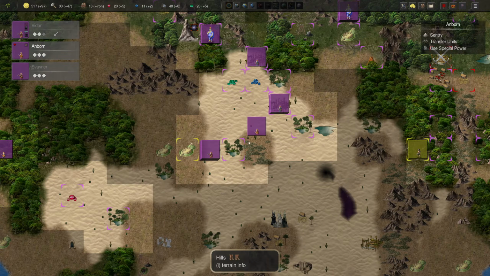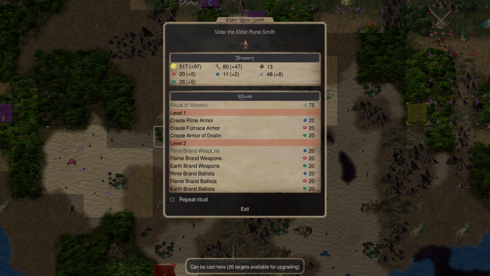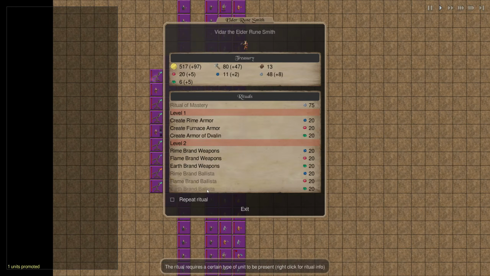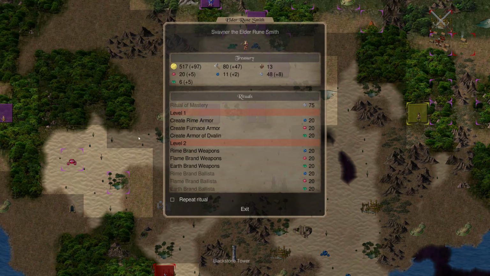I'm going to take out these snakes. I think we're going to bring these ones down this way. They're only moving very slow because of the ballista. That's the only problem with those. Okay, no action points left. That guy can do it though, so...